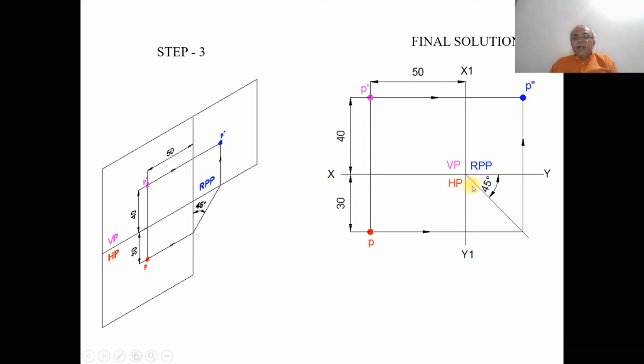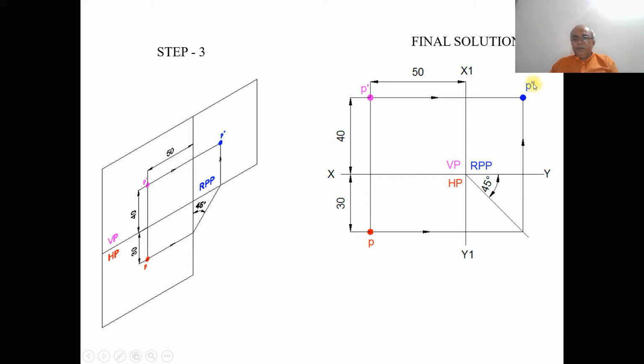Then you draw a 45-degree line adjacent to the top view, because I need to project the top view distance as well as the front view distance. For the front view distance, you draw a horizontal projector from P dash to the profile view, and draw a 45-degree line from the intersection of the XY and X1 Y1 lines. You draw a line inclined at 45 degrees. Then you project the top view point onto the 45-degree line. What happens? The distance 30 mm in front of VP, which is vertical here, is transferred to a horizontal distance here. Then from this 45-degree line, you draw a vertical projector, and draw a horizontal projector from P dash. Both will intersect at this point. So you mark this point as P double dash.